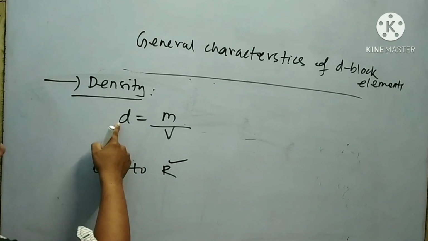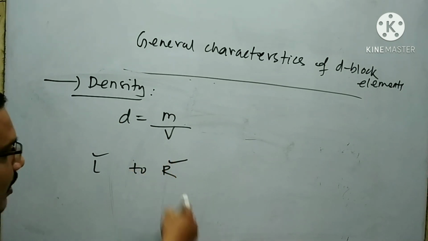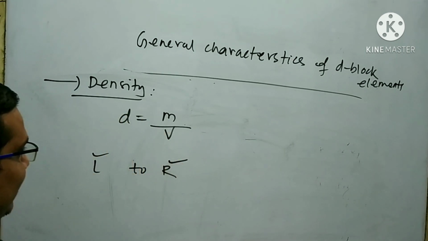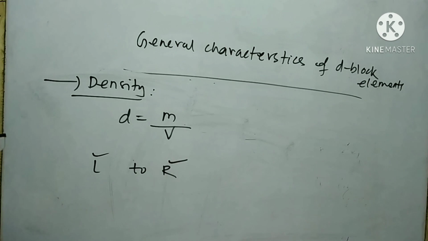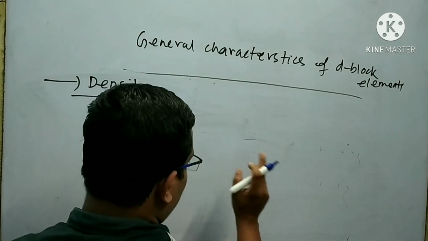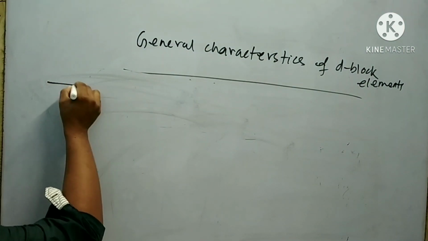Look at that, density is inversely proportional to the atomic volume. If the volume decreases, then the density increases. As a result, the density of the transition elements goes on increasing from left to right of a transition series. Next is